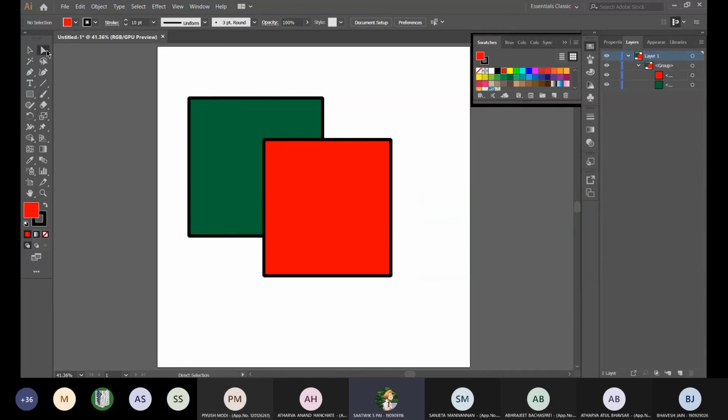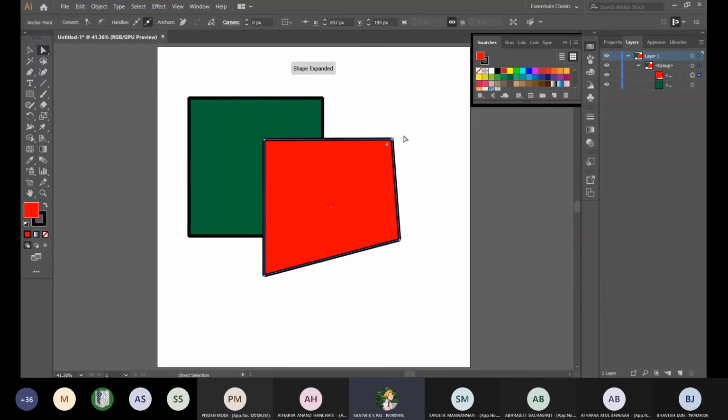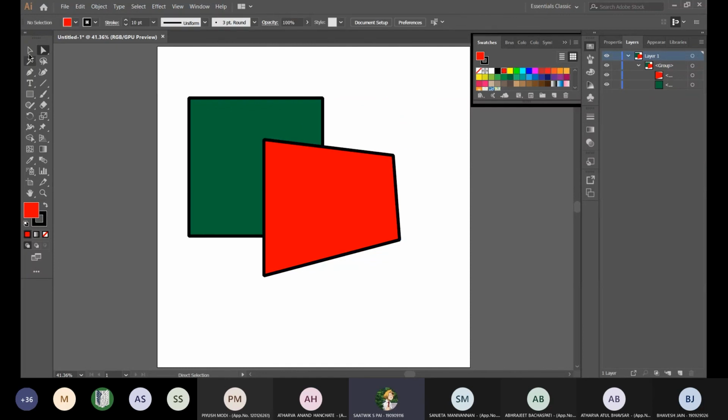But if you'll notice, I didn't have to do this double click thing with the direct selection tool. I could just put the rectangle there and move it wherever I want. That is one thing about the direct selection tool. It bypasses your groups. All it cares about is the rectangle, this dotted rectangle there.